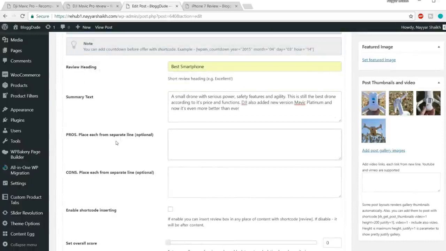Now what are the pros which you find in this phone, and what are the cons that you find in this phone? So pros can be like camera or design, color. It's all up to you. You can't just type in anything. You have to type what are the pros of the phone and what are the cons of the phone. It's all up to you. Now cons can be, I don't know, no cons, no issues. I'll type in no issues,